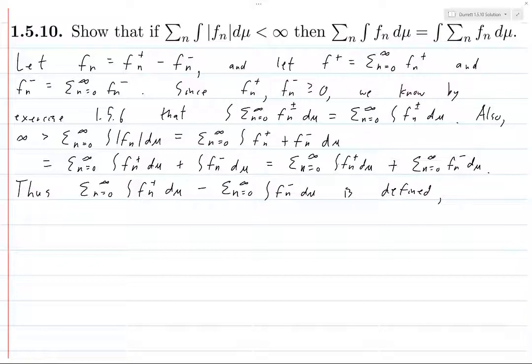So we need this to be defined. And in order for it to be defined, we only need one of these things to be finite. Although maybe the reason that they didn't include that as part of the condition is that if they stated the condition as either this sum is finite or this sum is finite, then it's not clear what you have to do. It's clear that you have to take the function and break it into the positive and negative parts if the condition involves both the positive and negative parts. But anyways, so